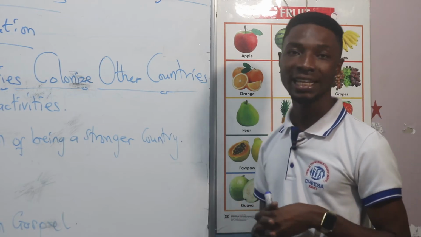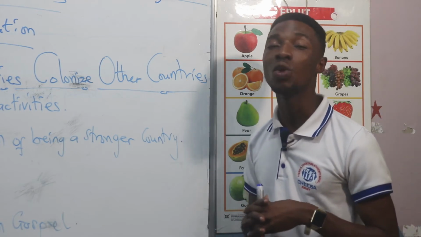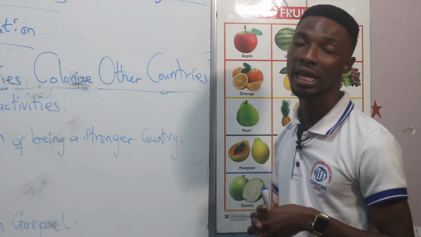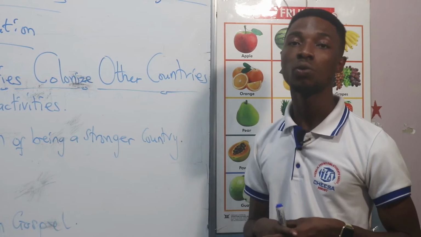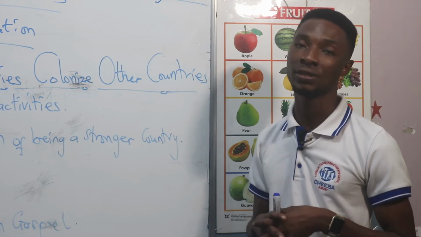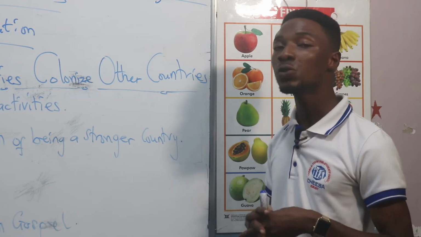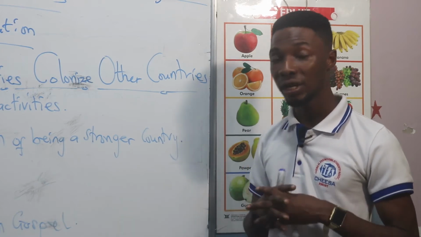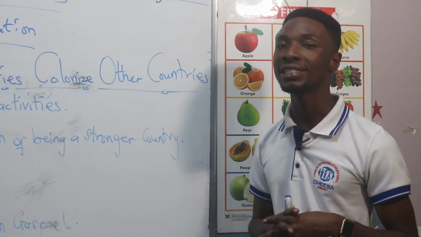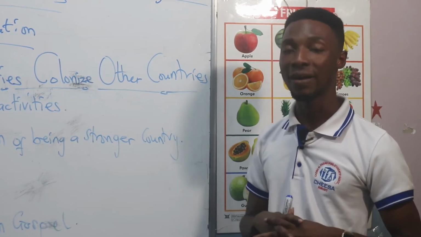For exploitation, Africa had a lot of natural resources, minerals, plantations, timber, water, and a whole lot of natural resources. The Europeans wanted to exploit our resources to develop their countries. For this reason, they colonized Africa, most African countries,